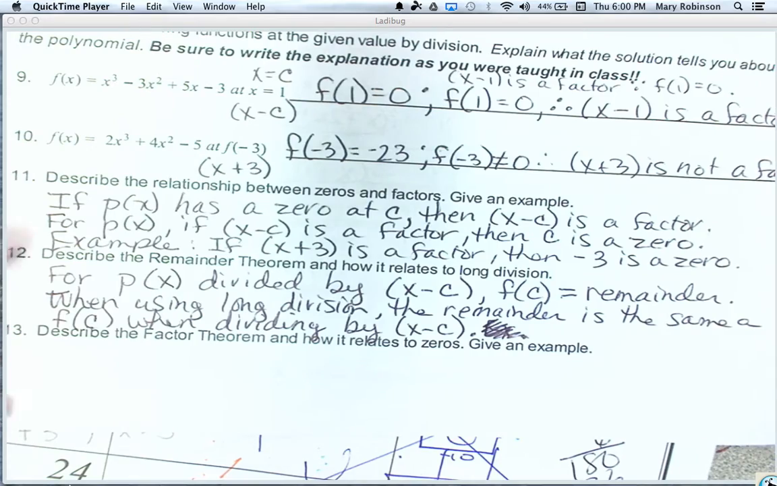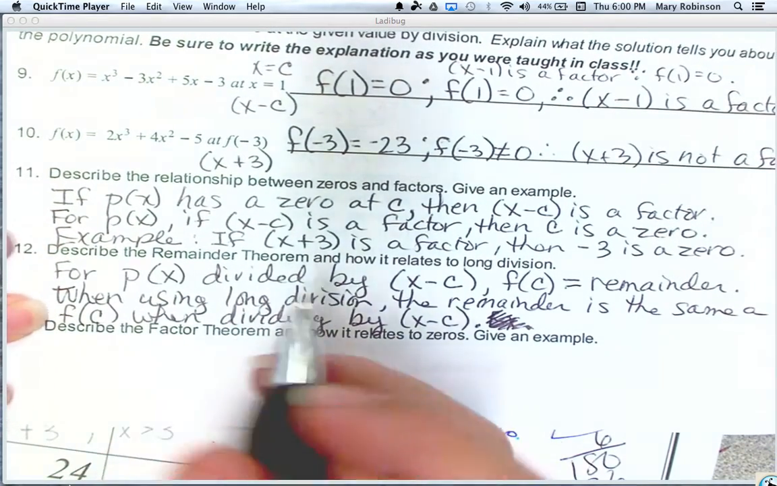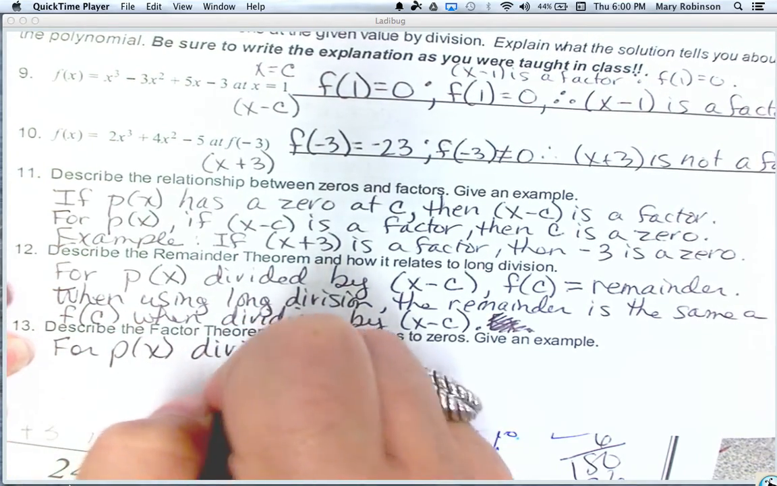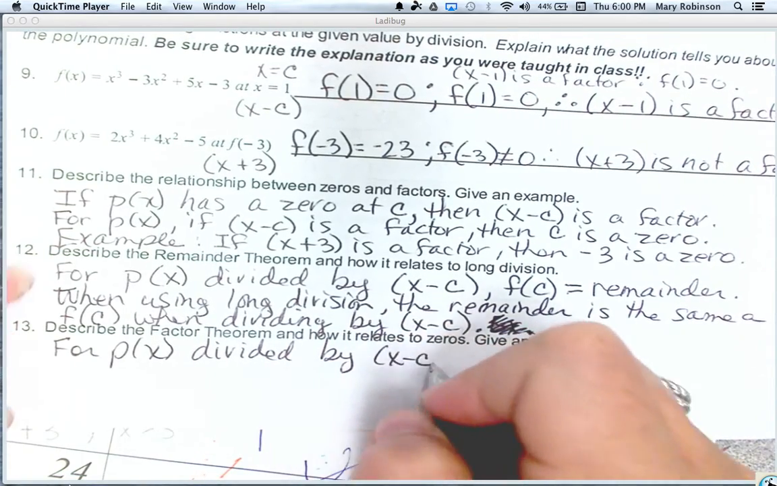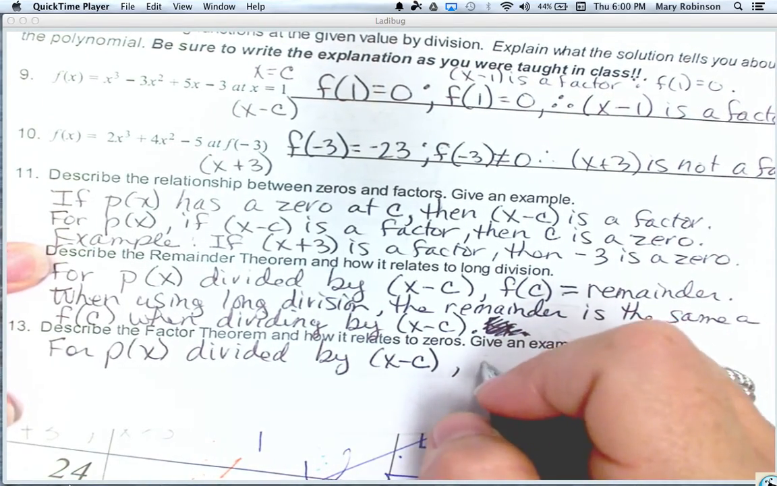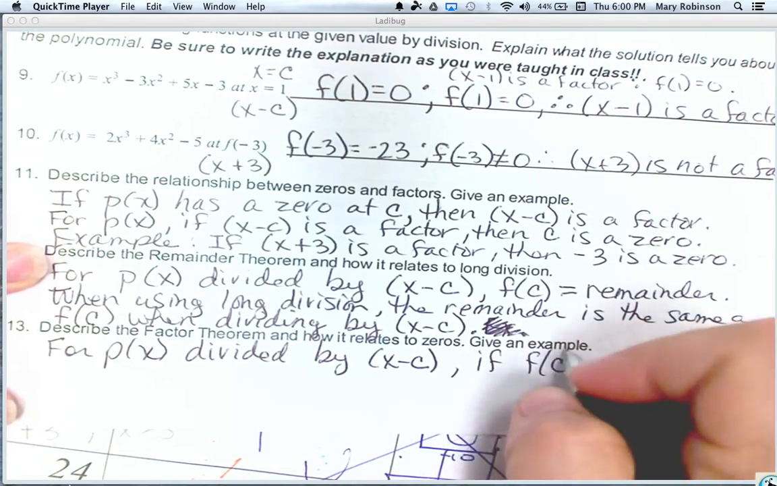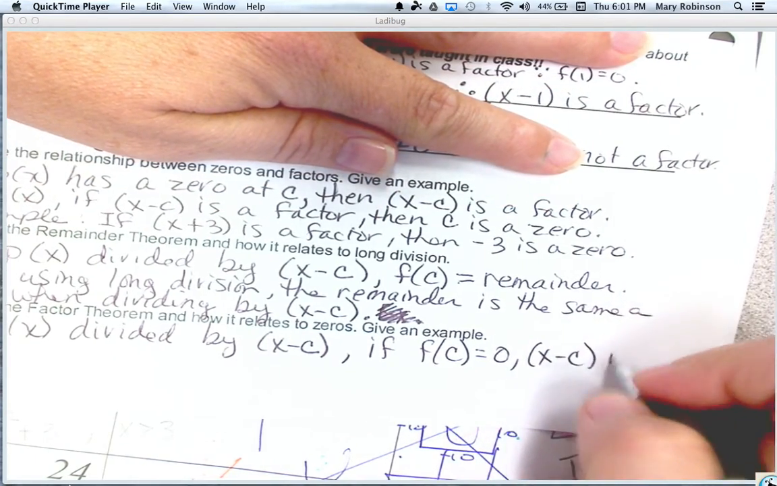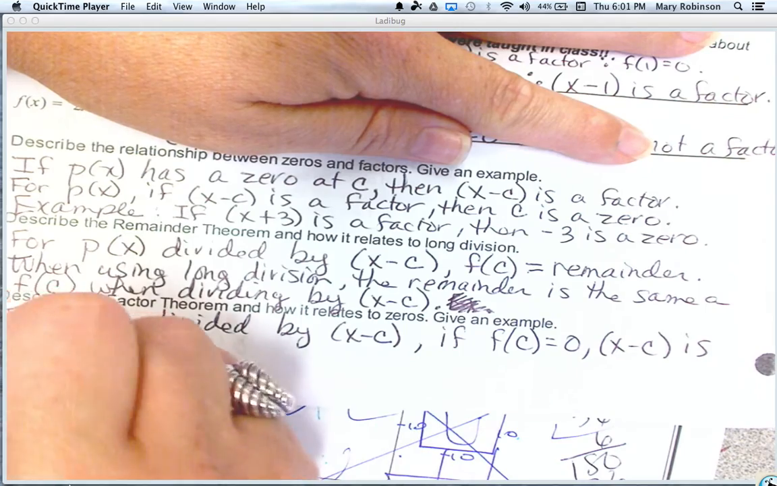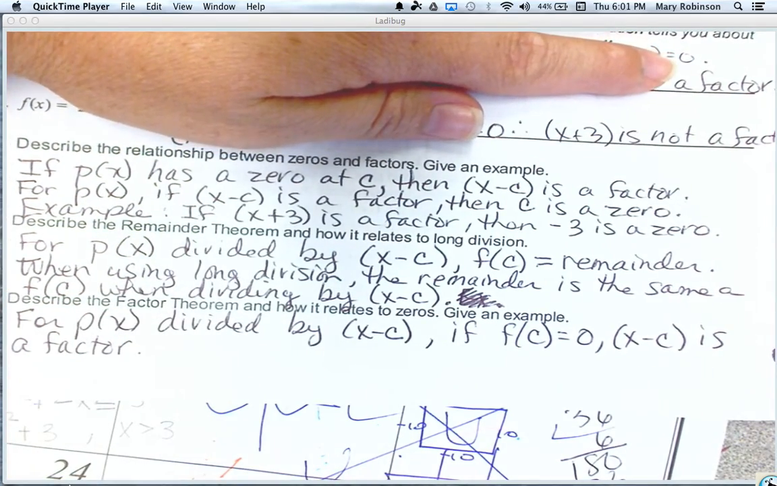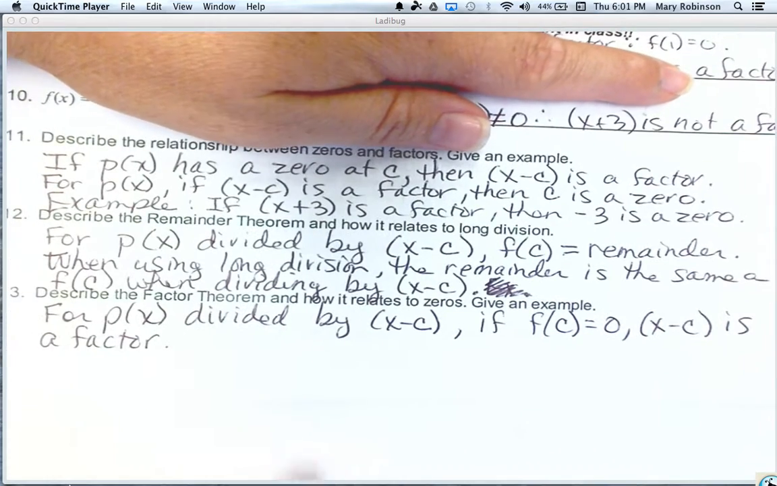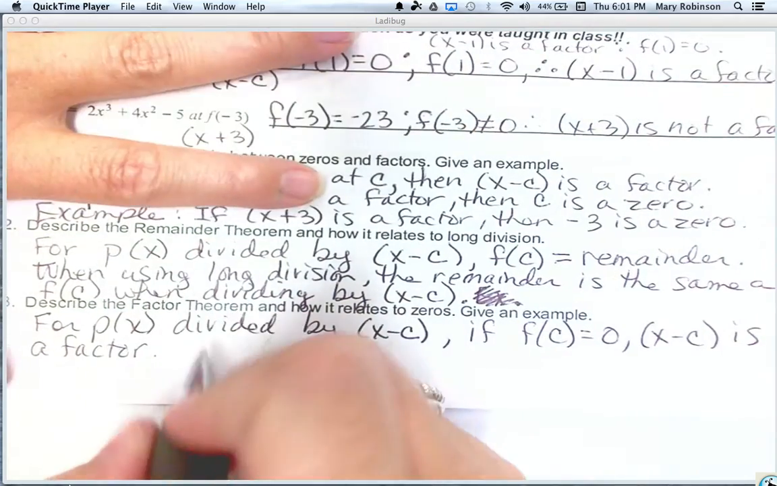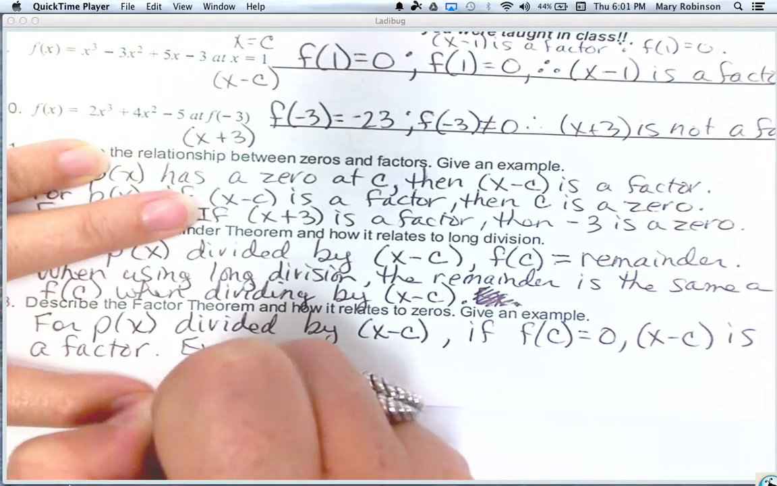Next, describe the factor theorem and how it relates to zeros and give an example. The factor theorem says for p of x divided by x minus c, if f of c equals 0, then x minus c is a factor. For p of x divided by x minus c, if f of c equals 0, then x minus c is a factor. So, for example,